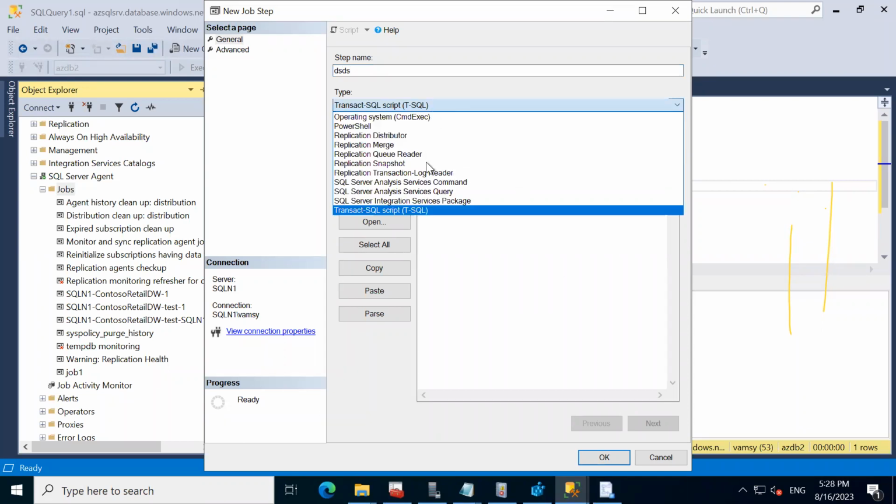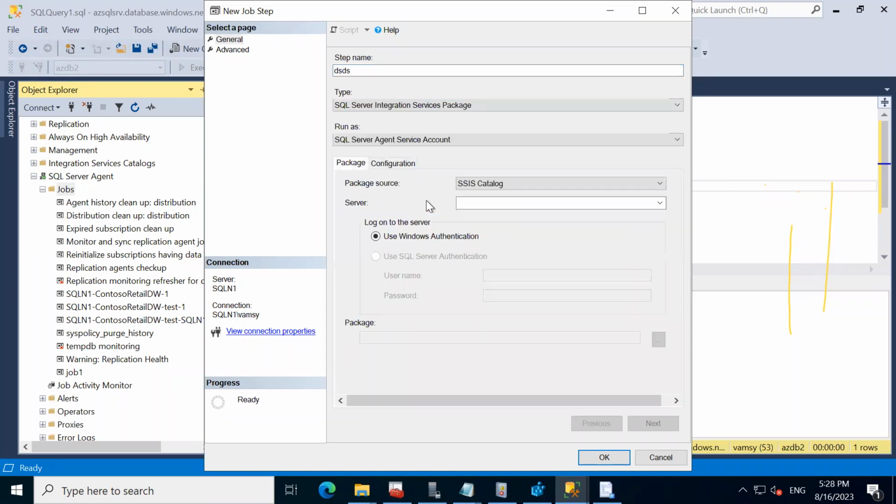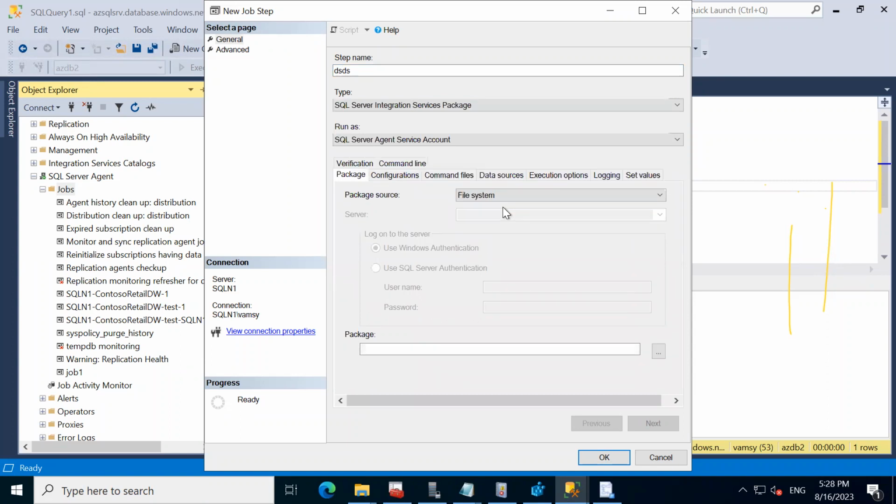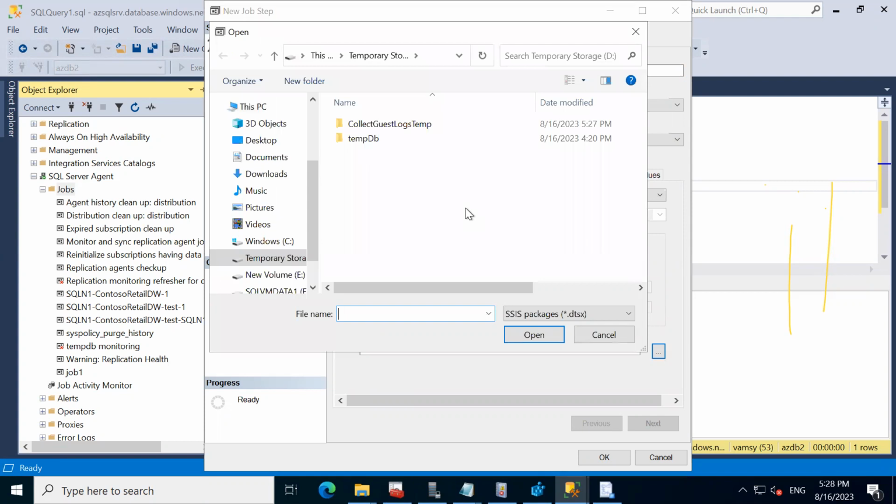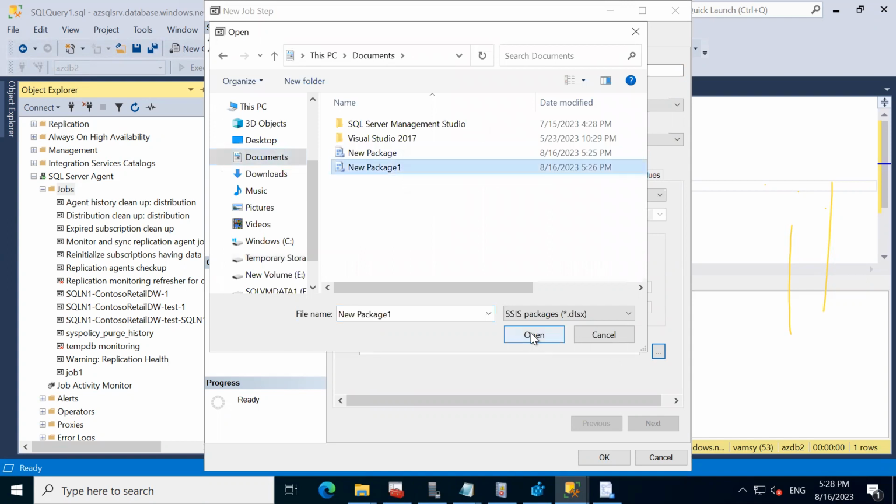So it's a package, right? So you executed the job from the admin account, correct? No, I executed from the individual account, test10, dummy login. No. Can you cross check once? Okay, I will come out there. Just a second. C: documents, new package 1, open,